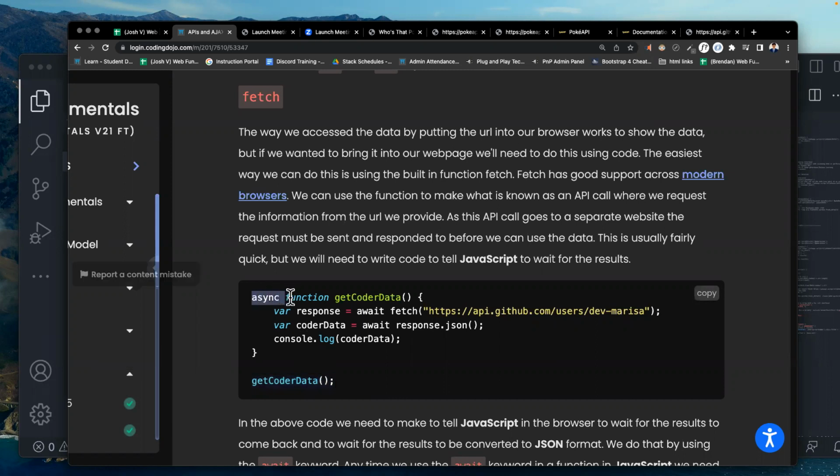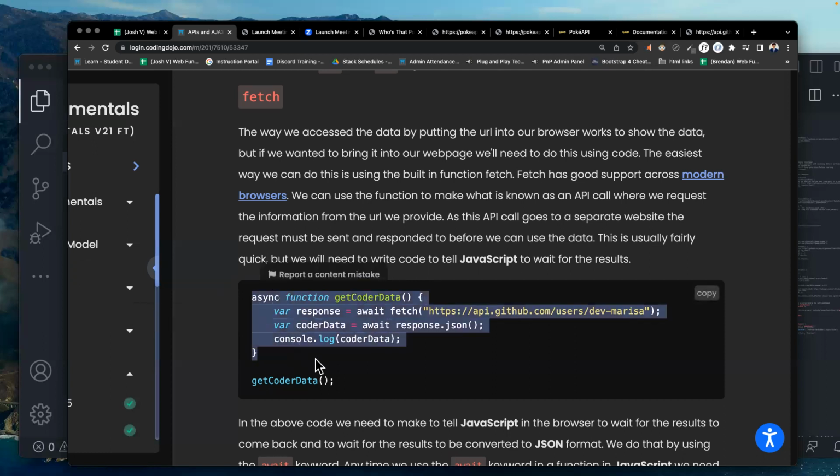But what does async mean? It means asynchronous. Asynchronous means not at the same time. The reason it's called that is because I don't want this function to do everything all at once, such as run this fetch call, and make the rest of the app slow down to wait on this function's call.